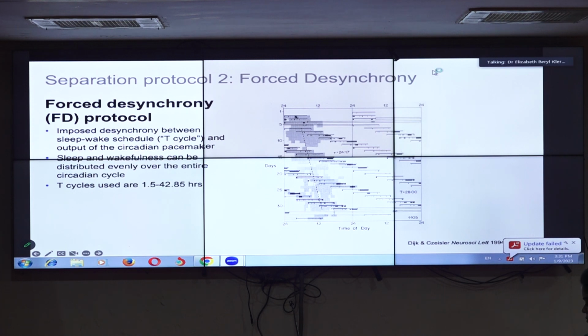And we can see that core body temperature has a non-24, but not a 28-hour day, because these people were put on a 28-hour day. But we can also see that the amount of waking within a sleep episode appears to depend on how long they've been in the sleep episode, because it tends to happen at the end of the sleep episode. But it only occurs at some circadian phases. It only occurs here, and it doesn't occur at these circadian phases.